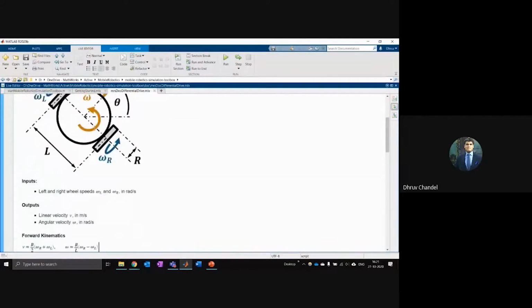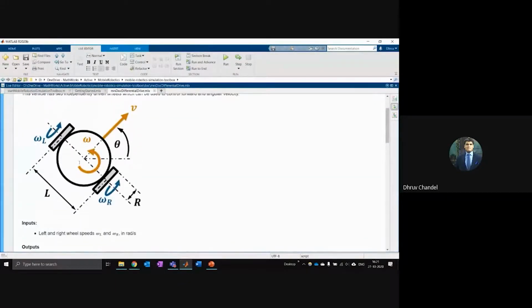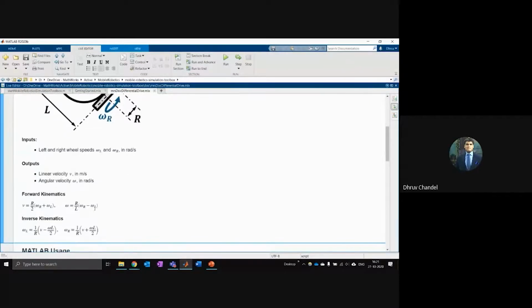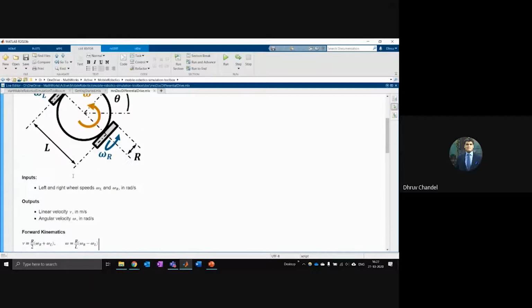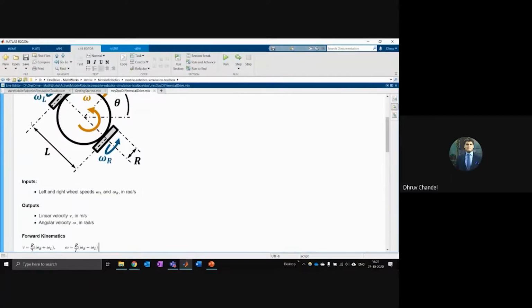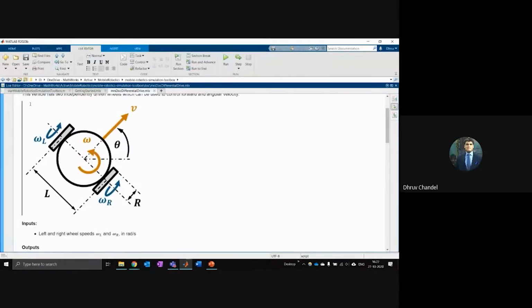And if you want to find out how fast it is spinning, you take the difference of both of these, multiply by radius, and divide by the length between the wheels. So that's forward kinematics. If you understand how fast these wheels are spinning, and you know the radius and the length between them, in a couple of simple equations you can work out how fast this robot is spinning and how fast it's moving forward.